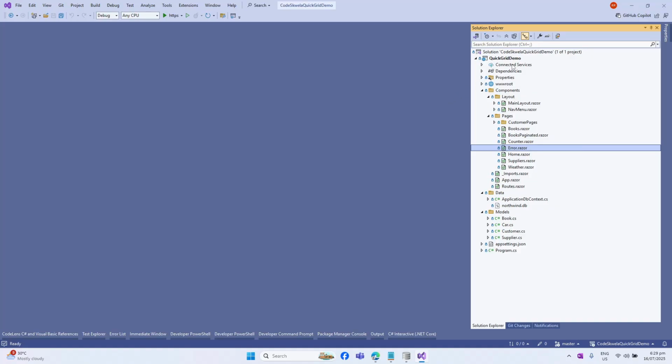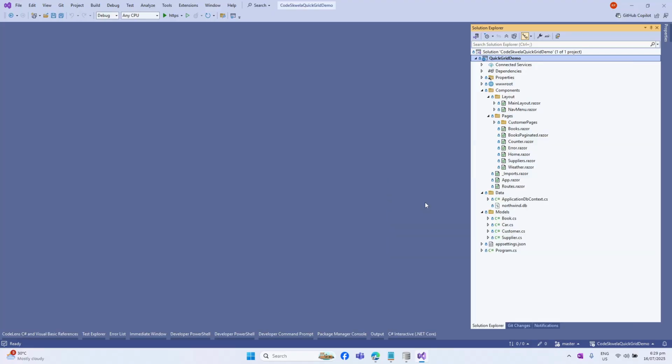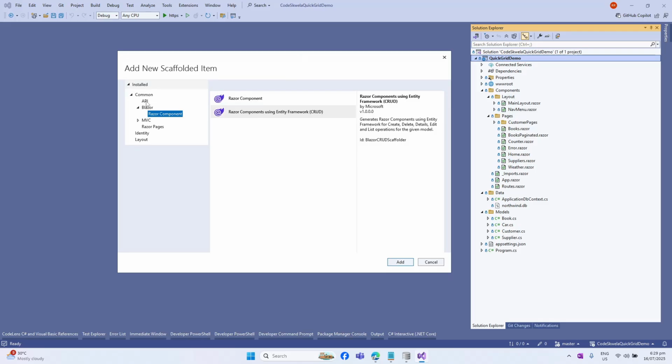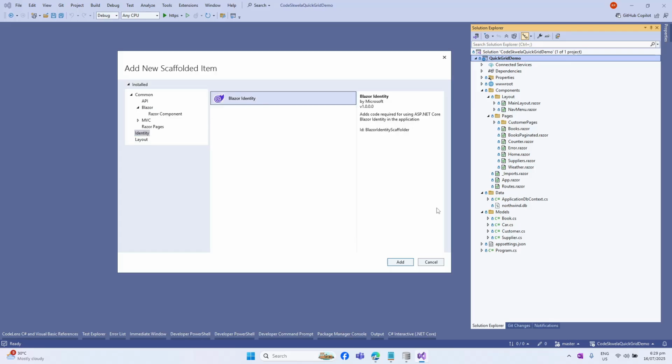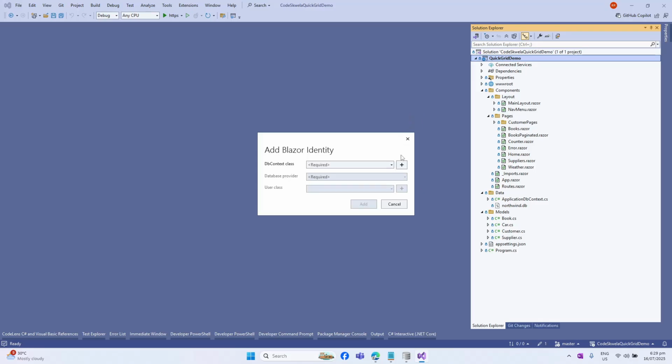To do that, we can right click on our project and then select add and then select new scaffolded item. From here there are several options, and the one that we're interested in is this identity, and then we will select Blazor identity and then click add. Once that's done, this next window will show, and then we will be setting up our necessary items